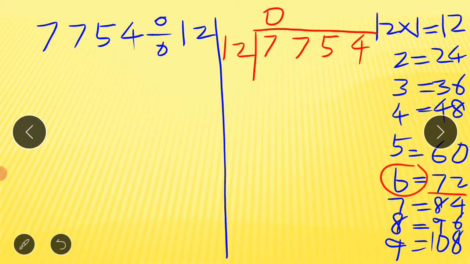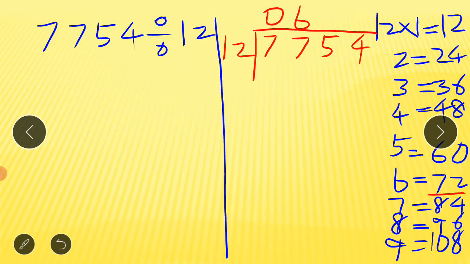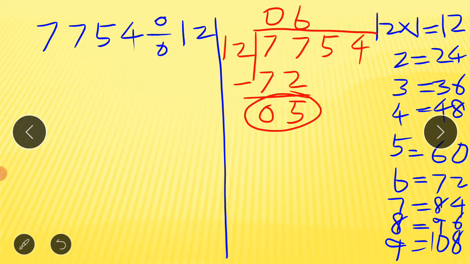Pick up the times first. How many times? 6 times. So let's write the times first here: 6 times. Then pick up the product 72 to be written under 77. Then subtract. From 7 take away 2. It's possible now. From 7 we can take away 2. Then we get 5. Then from 7 take away 7, you get 0. And this is called the remainder.